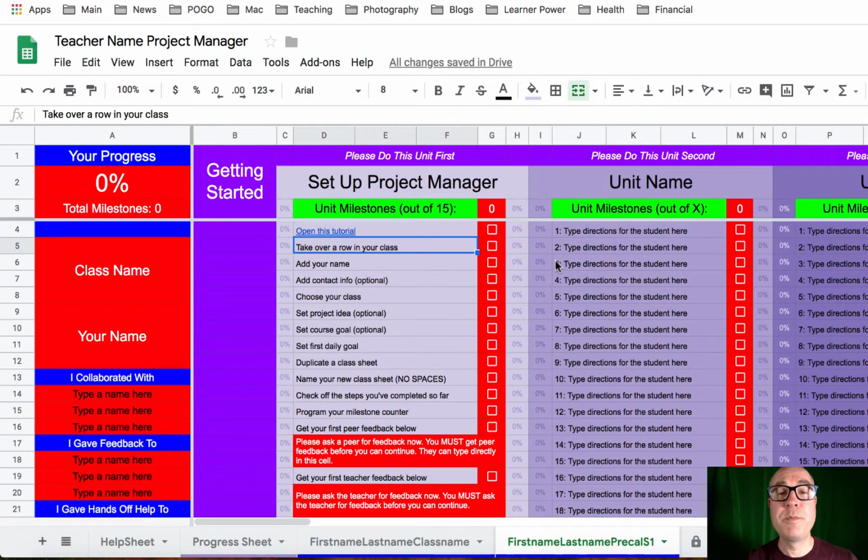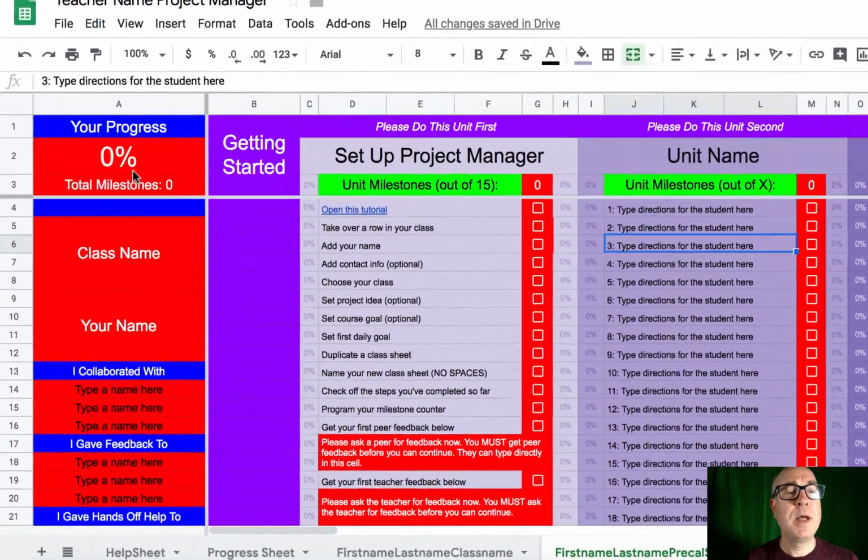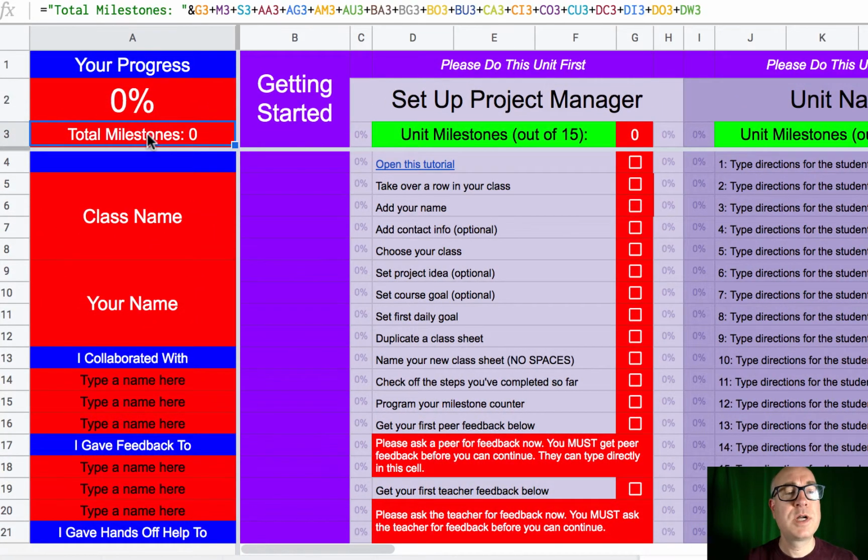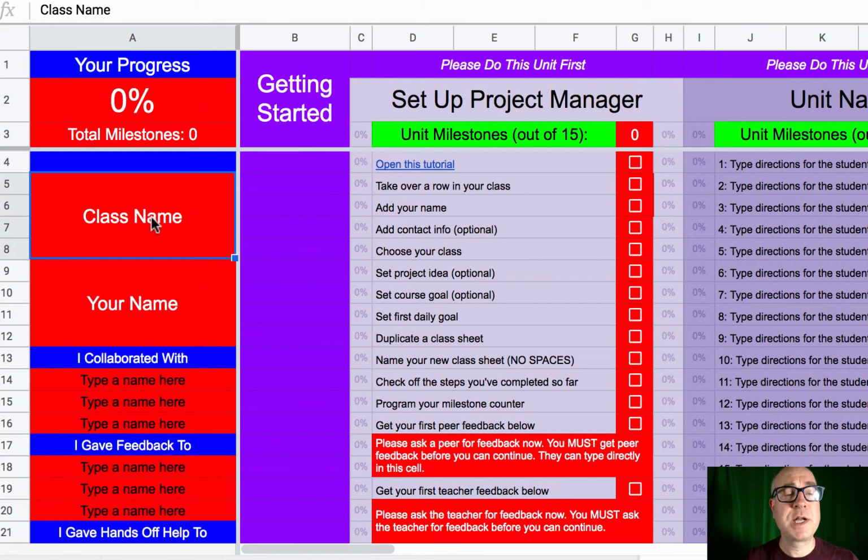Your students will be doing most of the work on here. Let me just introduce you to this progress column. Don't touch this percentage. Don't touch the milestone counter. Your students are going to type in the class name here, and your students are going to type their name